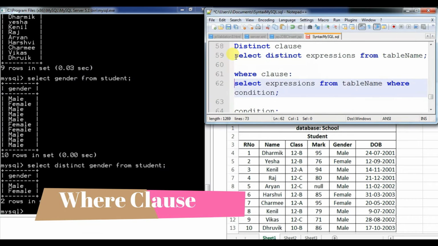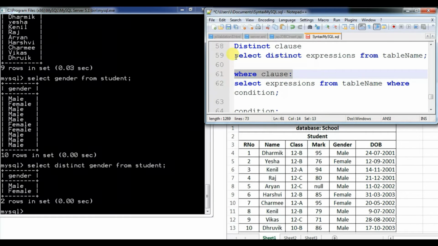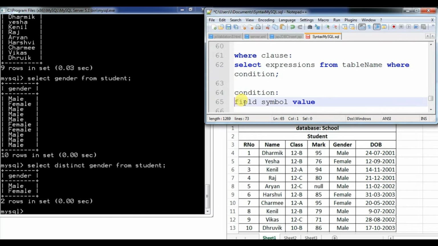Now the next main clause is the WHERE clause, which you are going to apply in each and every query. How can you use the where clause? First thing, in MySQL, the where clause is used with the select, insert, update and delete statements to filter the results. It specifies a specific position where you have to do the operation. Now suppose you want to fetch not all the records but one specific record that depends on some condition. Then you can use the select statement, that is, select expression, whichever fields you want to fetch as a result, from table name, and after that you write where and a condition. The format of the condition can be a field name, then a symbol, and then a value.